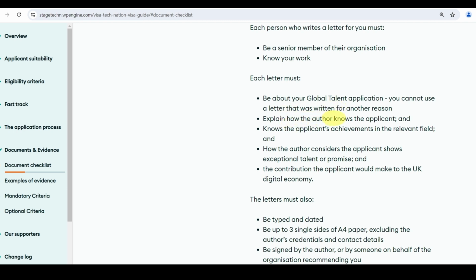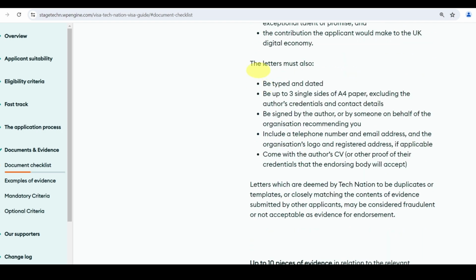The letter should explain how the author knows the applicant and knows the applicant's achievements in the field, how the author considers the applicant to show exceptional talent or promise, and the contribution the applicant would make to the UK digital economy. Again, the letter must also be typed and dated, be up to 3 sides of A4 pages, be signed by the author, include a telephone number and email address, and come with the author's CV.